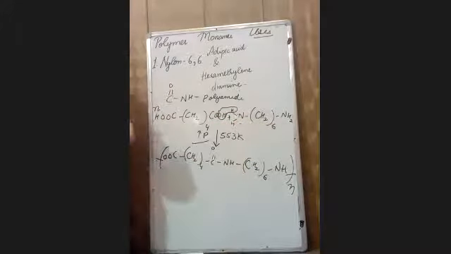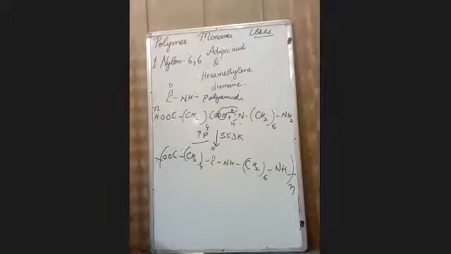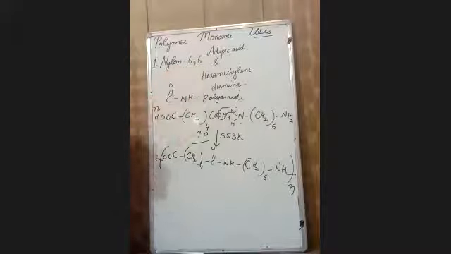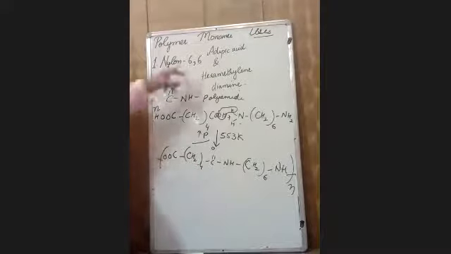It is also having 6 carbon atoms in its monomeric unit. So this number represents the number of carbon atoms present in the monomeric unit. This question came in CBSE board exam papers once. What does this number represent? It represents the number of carbon atoms present in any monomeric unit.